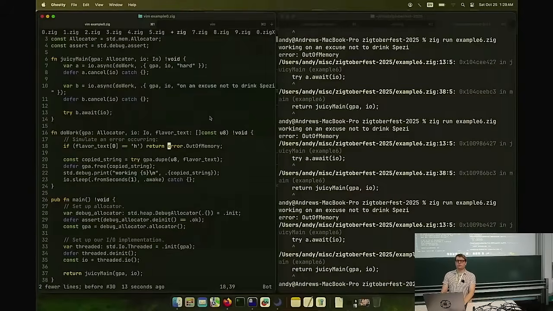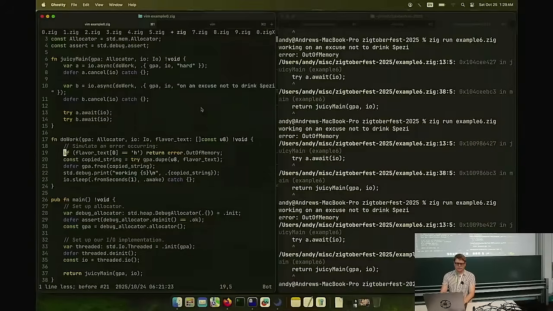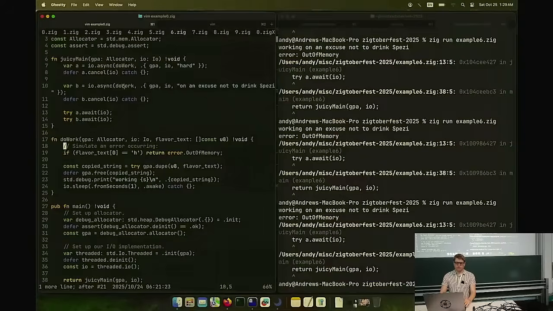Okay, ready to go to the next example? Okay, so we looked at cancellation, which is the big one, and that cleaned up our resource management. Okay, so next,